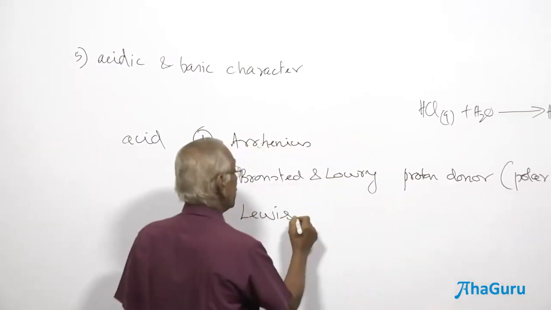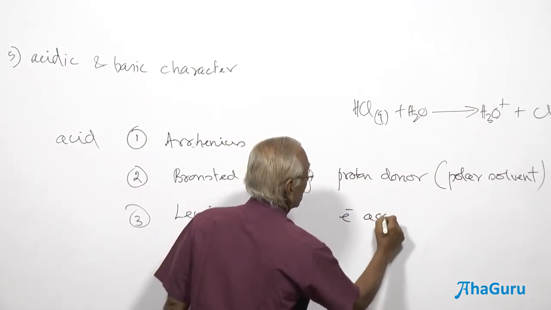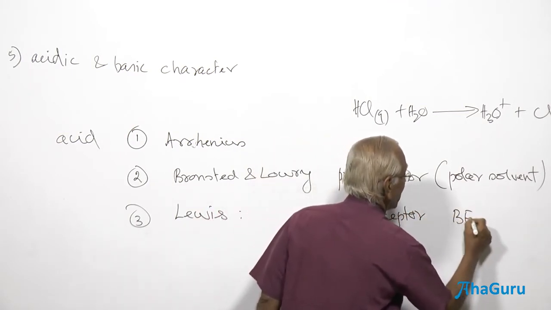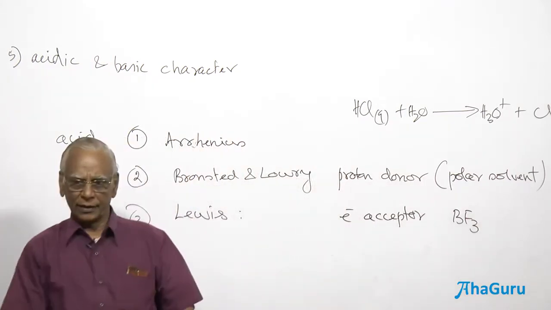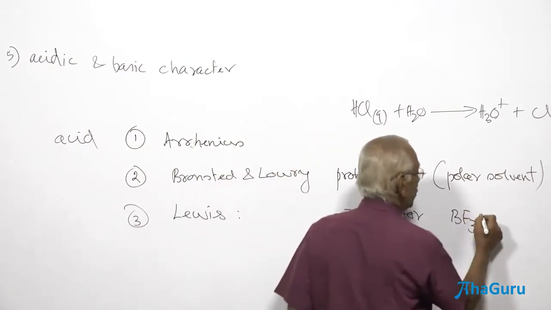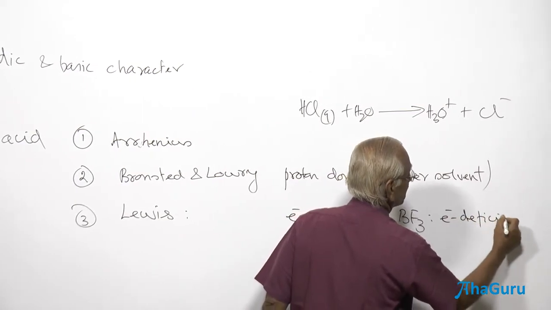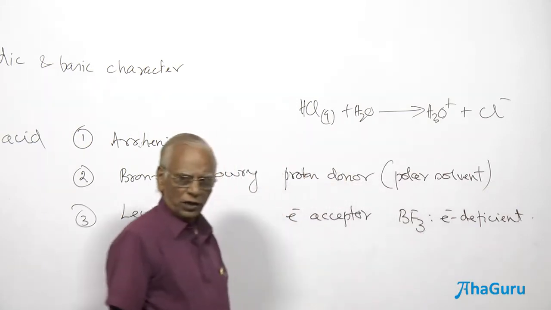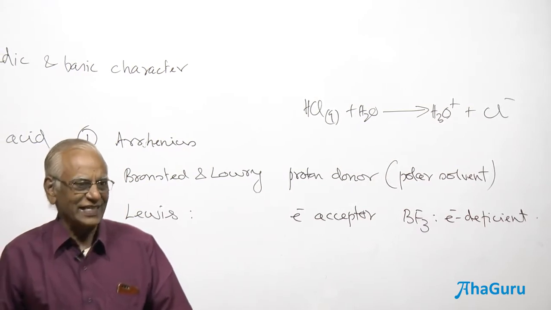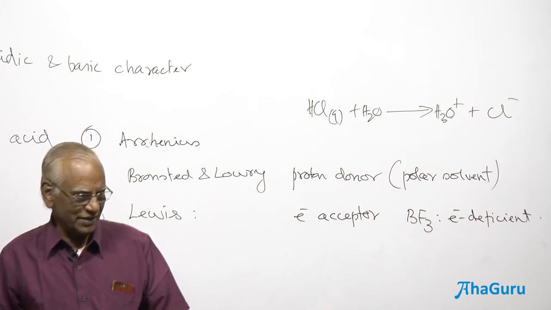Bronsted acids are proton donors and Lewis acids are electron acceptors. There is no proton, but it can still accept an electron. Example, BF3, boron trifluoride. We are going to see chemical bonding in the next chapter, and based on the electronic configuration, we are going to prove that BF3 is an example of an electron deficient molecule. What are electron deficient molecules? Make a note of this. Electron deficient molecules have less than an octet, short of octet, at the central element.